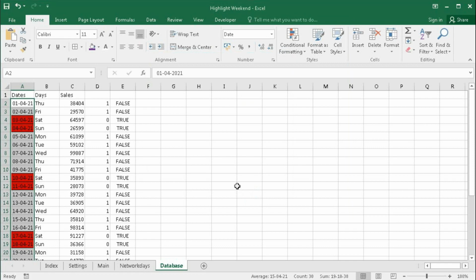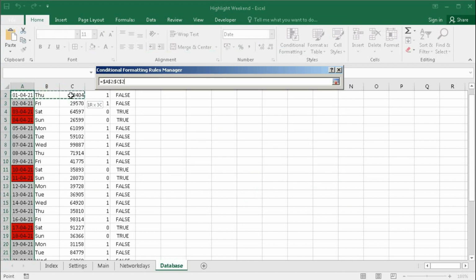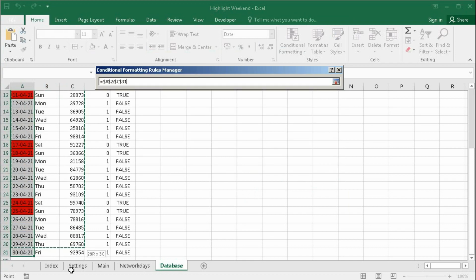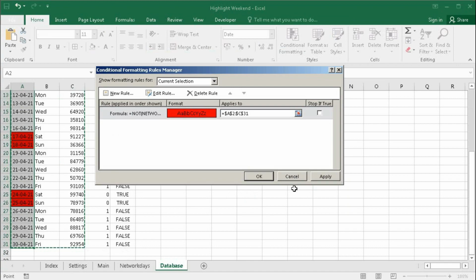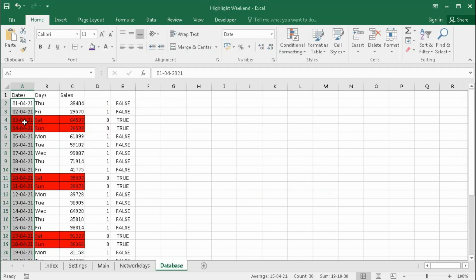You can see all the weekend dates are colored, but if you want the whole table to be colored, then again go to manage rules and select the whole table, apply, OK. Now we can see the total row is highlighted.